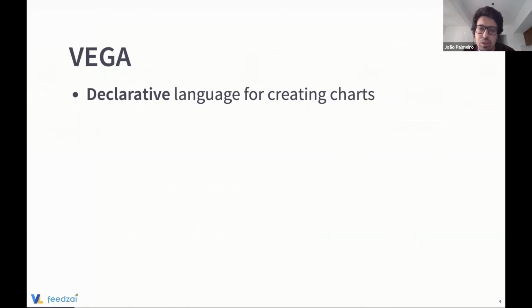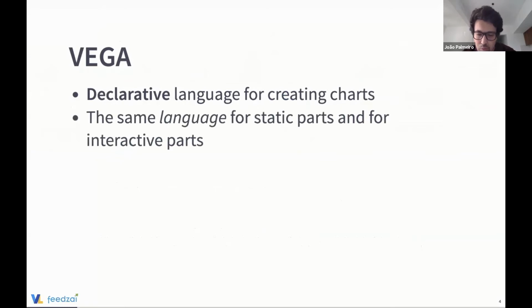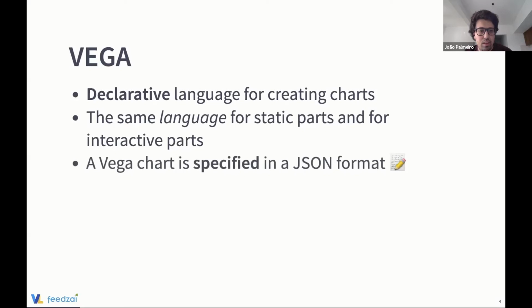and it's basically a declarative language for creating charts. What I'm trying to say with this declarative adjective is that, in a sense, you can use this same language for the static and the interactive part. So you declaratively declare all the things that you want on your chart, and you are not concerned with how these things will be implemented in the backend. And basically, you describe your chart in a JSON format that is widely used for a bunch of different things. Here you'll put all the things for your chart in a hierarchical way.